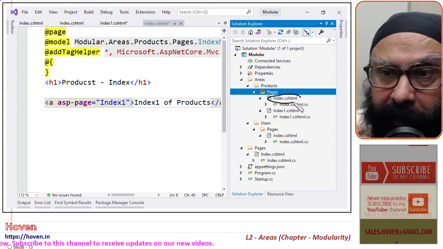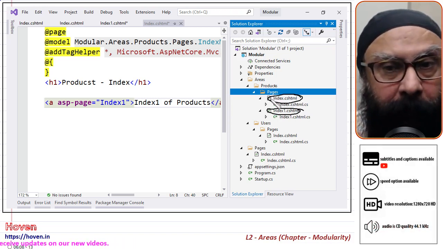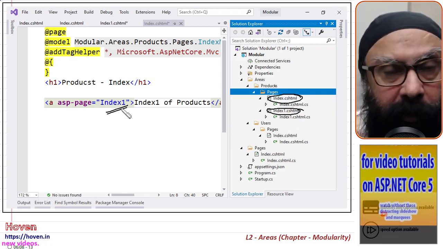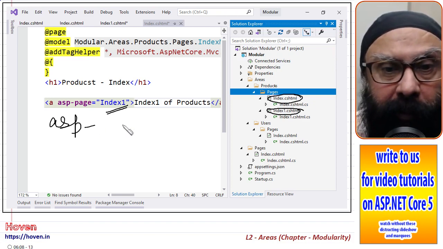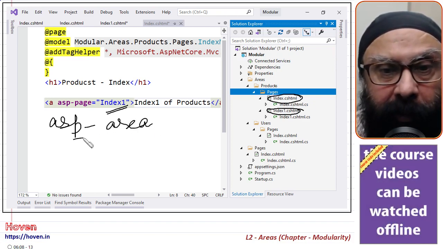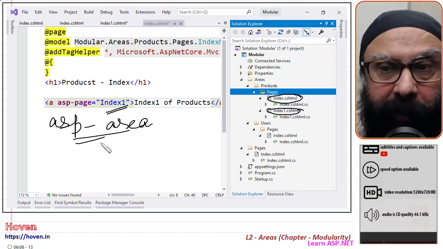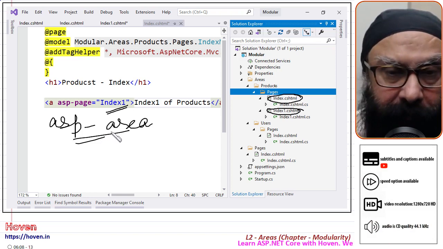This is the index page of the products. This is the index 1 page of the same area. If I want to go to another page of the same area, then I do not have to write asp-area. This attribute is not to be set. It is not required. It is automatically implied that you are moving to the same area.